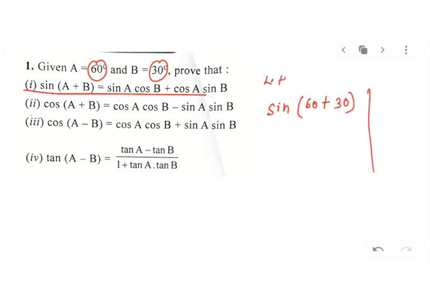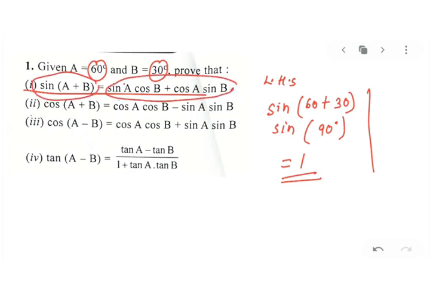So this is a proving question again. So I'll solve the left hand side first. So sin (60 plus 30) is sin 90. And the value of sin 90, my dear kids, is 1. So on the left hand side of your first problem, I got 1 as the answer. I have to also solve the right hand side, and from there I have to find whether I am getting the right hand side also 1. And if I get 1, then I can write hence proved. Left hand side is equal to right hand side. Hence we have proved the equation. Clear?